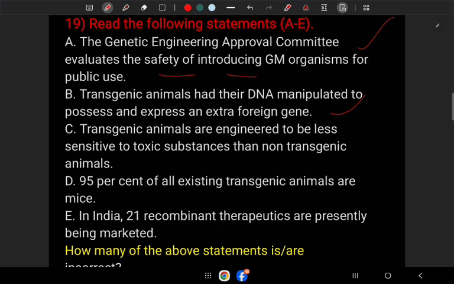Transgenic animals are engineered to be less sensitive, not, more sensitive to toxic substances than non-transgenic animals. 95% of all existing transgenic animals are mice. It is not properly correct, but most of the animals are mice. In India,